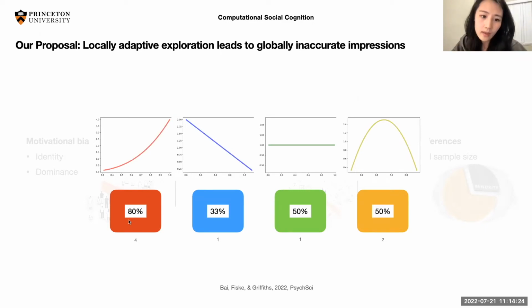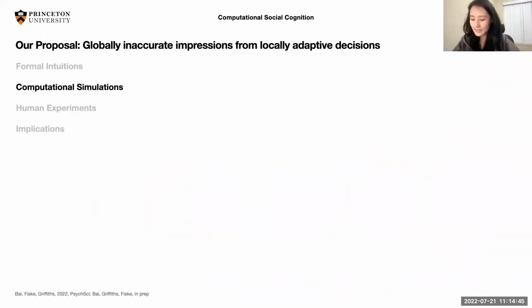So as the audience, we have this bird's-eye view, this God's perspective, like we know all groups should be the same. But if we're really the decision maker doing this game, at the end of the day, we may form this bias from this kind of adaptive exploration. And that was the key idea.